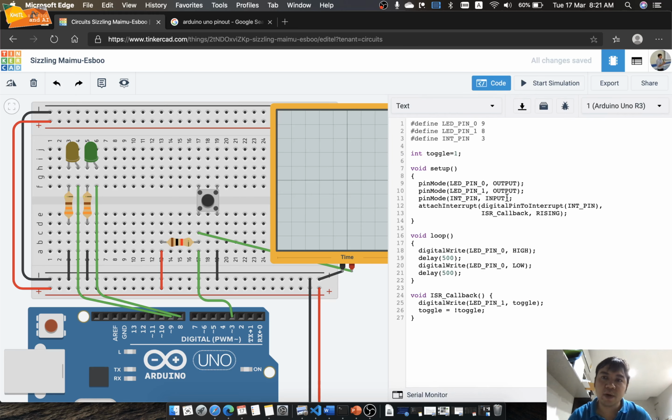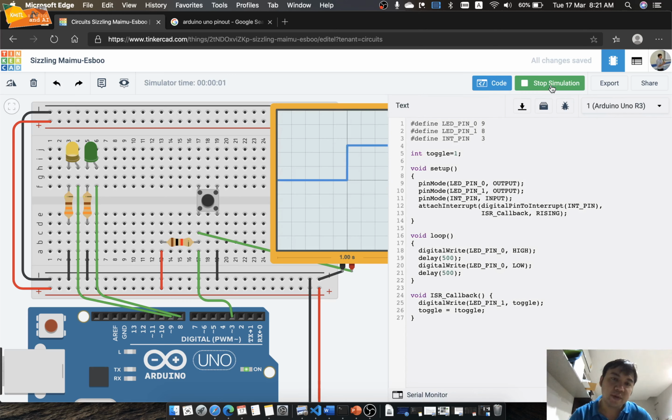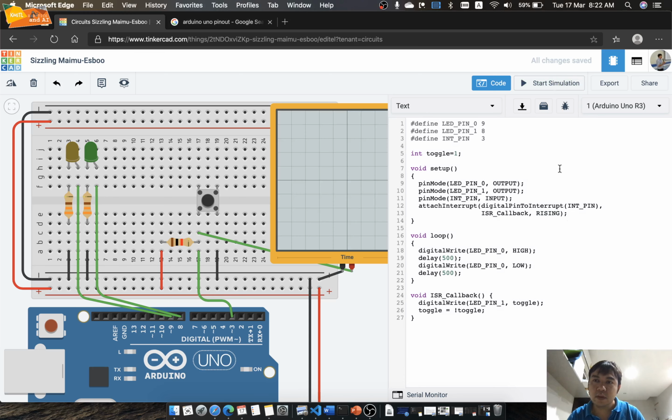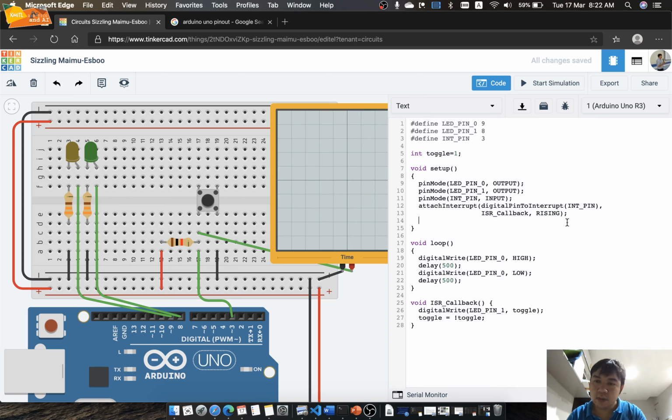So, from our source code, when you use the interrupt, I show the rising edge, right? Rising edge means the external interrupt will be detected when the signal changes from 0 volts to 5 volts. Okay, we call it the rising edge. Actually it can be rising,